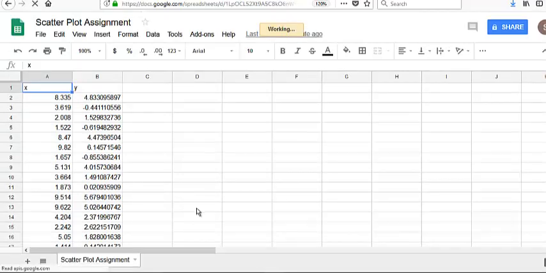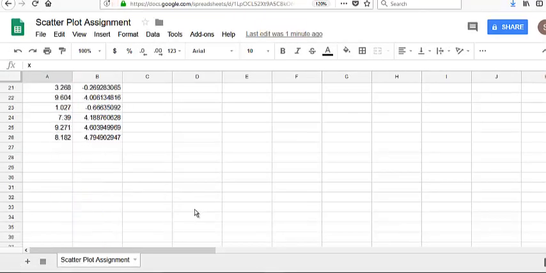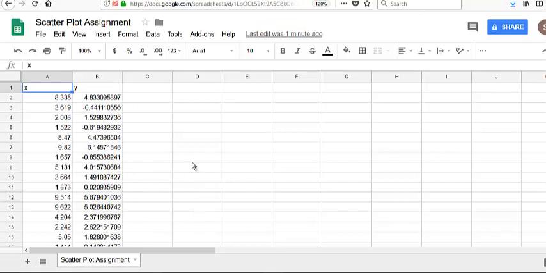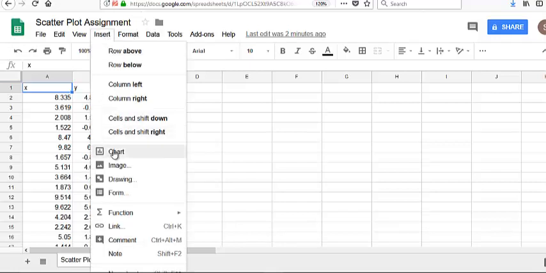So there's your data. There's 25 data points. There's the X column and there's a Y column. Now, to do a scatter plot, you go to Insert, Chart,